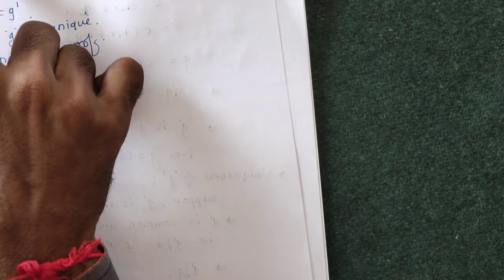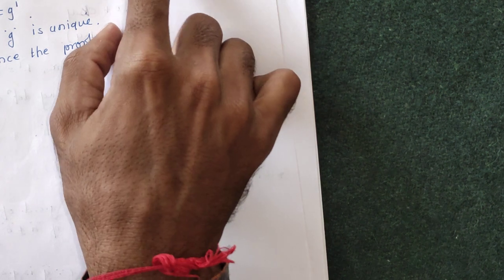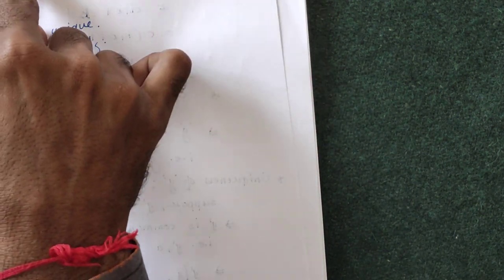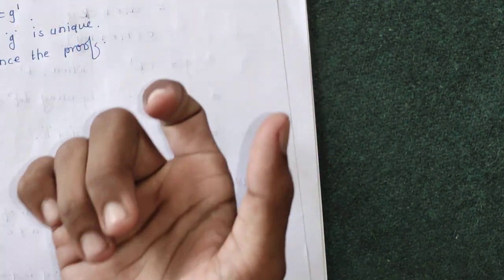A divides B and B divides A, then A is equal to plus or minus B, we get G is equal to plus or minus G prime. Using this result we get G is equal to plus or minus G prime, but our GCD is never negative, that is GCD is always positive, we get G is equal to G prime, hence the proof.